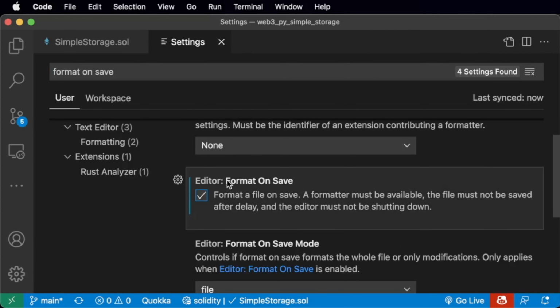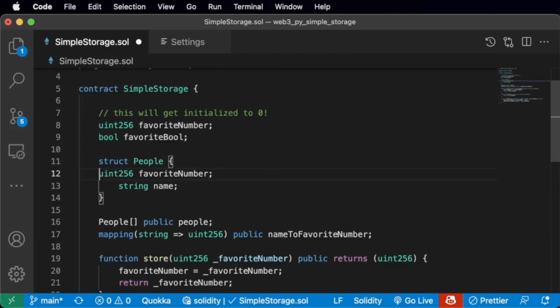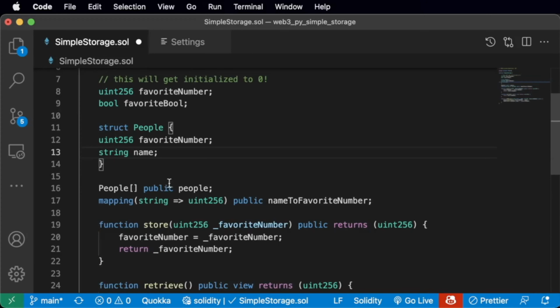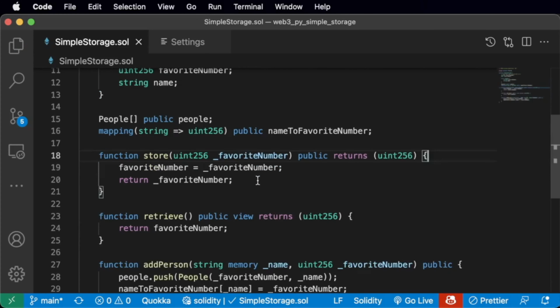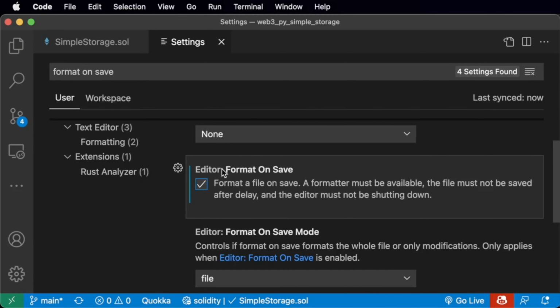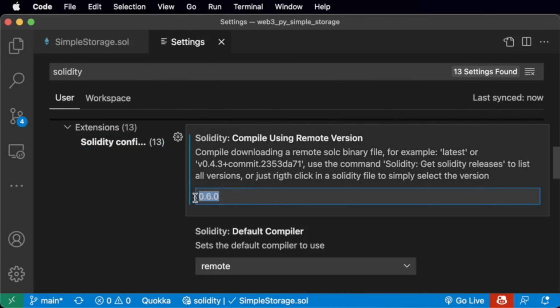save checkmarked. What we can do then is we can come over to simplestorage.sol, and maybe I've got some bad formatting in here. We'll move over favorite number, string name, and put a whole bunch of new spaces in here or something. Now, if I hit save, it automatically reformats our file to look a lot nicer. So to recap, we want to turn on format on save. And if you get issues with a red line under Pragma Solidity, you can just change the compiler version in